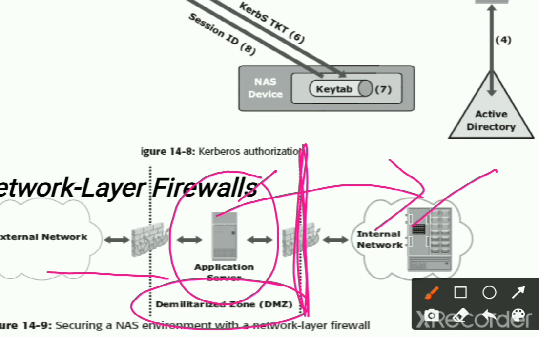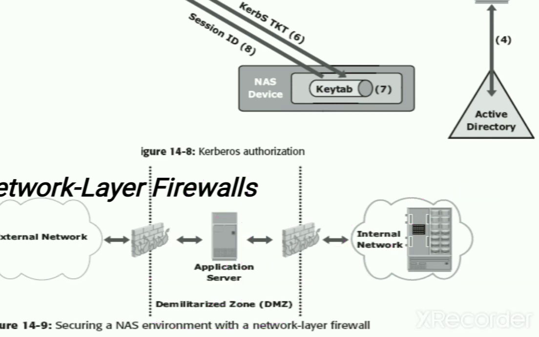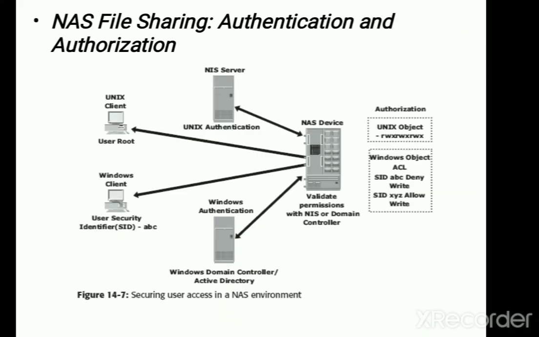So even if an attacker intrudes into the application server, he will not be allowed into the internal network, because the second firewall is much stronger than the first one. So this was all about network attached storage and how they implement the security mechanisms. They use the network layers, they use Kerberos sessions, and they use authentication and authorization based on the